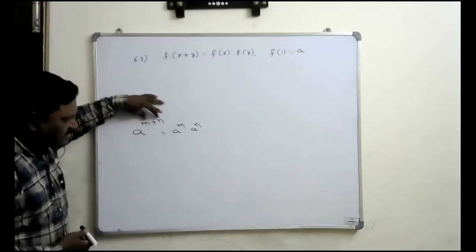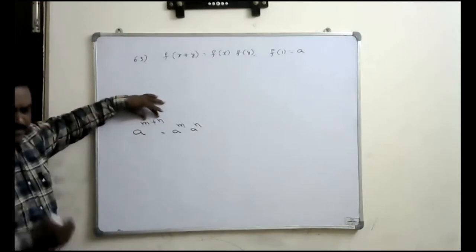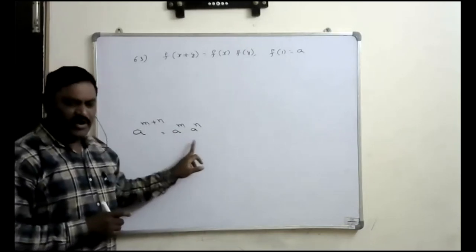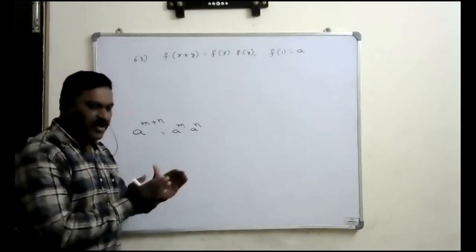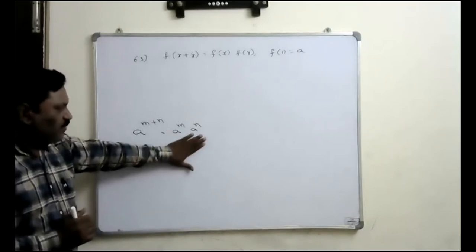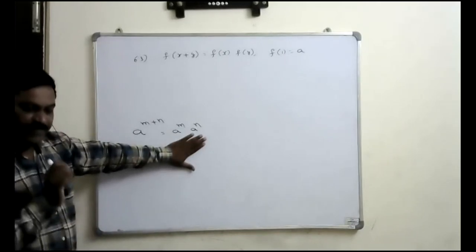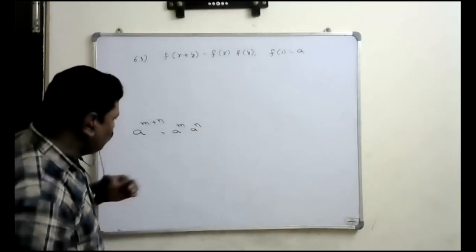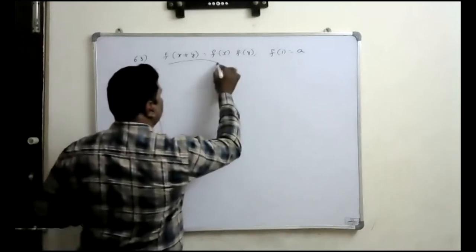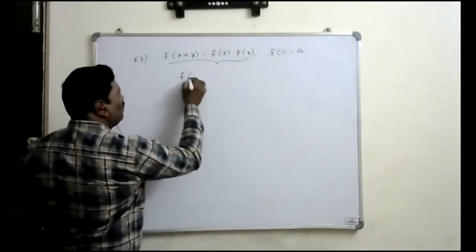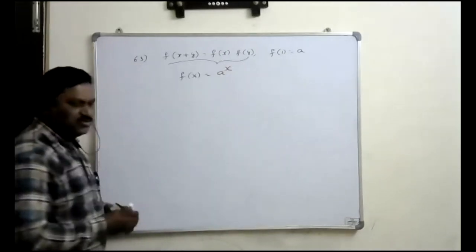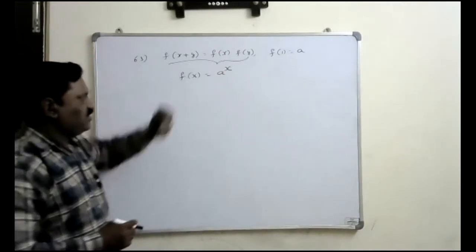If you observe that there is a sum of the powers, the sum of the terms, you can write it as a product. If the sum becomes the product, then this is the property we have to apply. That's why this property is applicable for the exponential function. That's why the function which satisfies this generally will be in the format of f of x is equal to a power x. That is the function that will satisfy this.